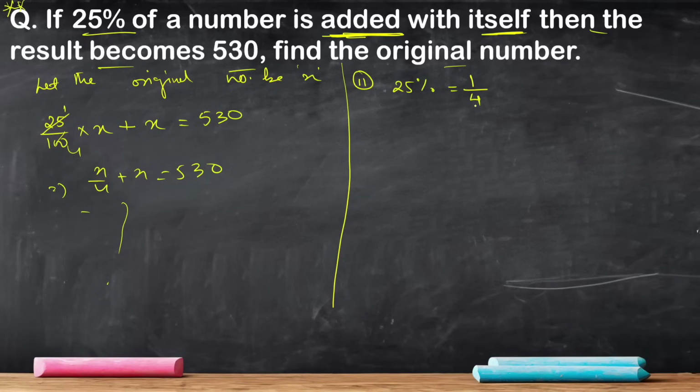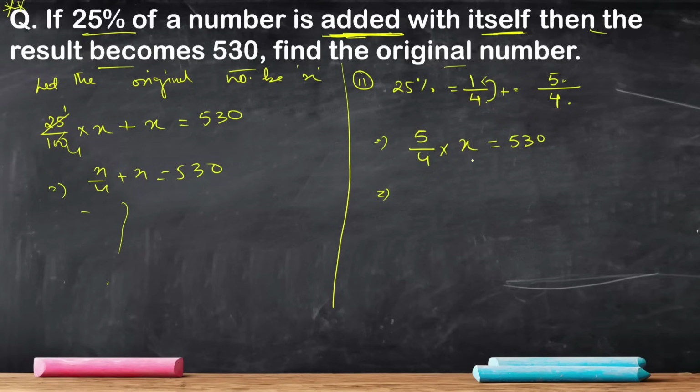1 by 4, right? Now 1 by 4, like I said, it is talking about added. So what you will do? The denominator will remain same, 4, but the numerator you will add. 4 plus 1 is 5. The number before it was 4, added to itself, it became 5, right? Now what you do? You do it direct. 5 by 4 of any number, say x, you get how much? The result is 530. Okay, you can do like this.